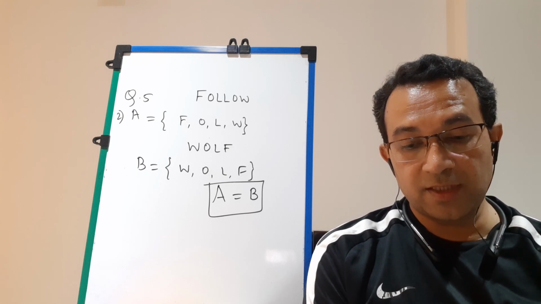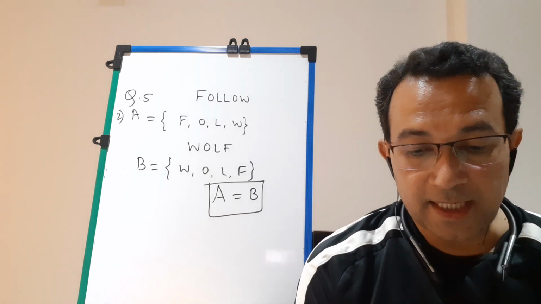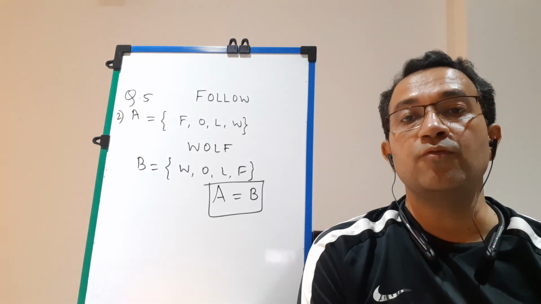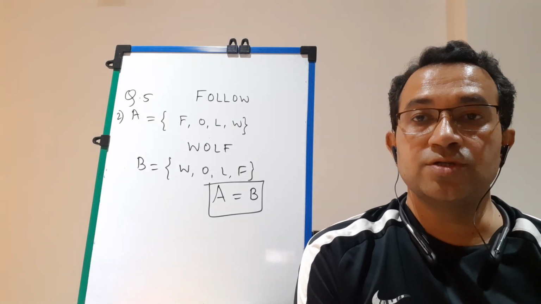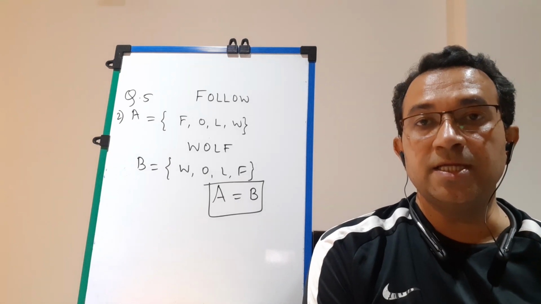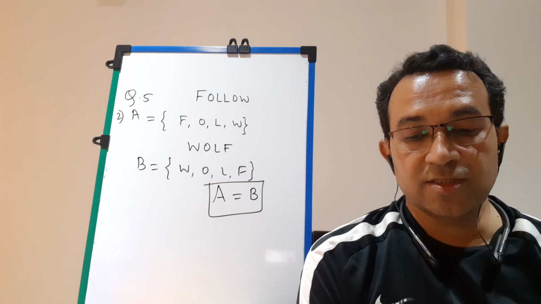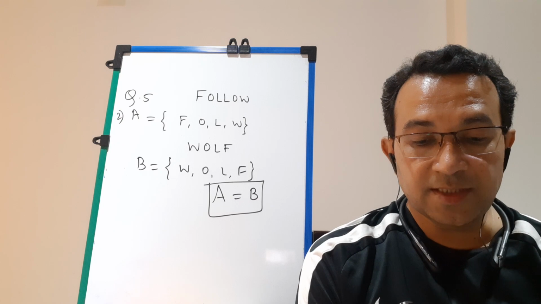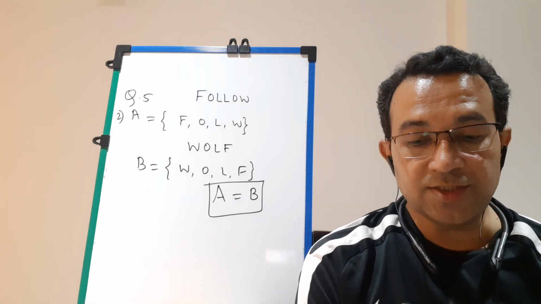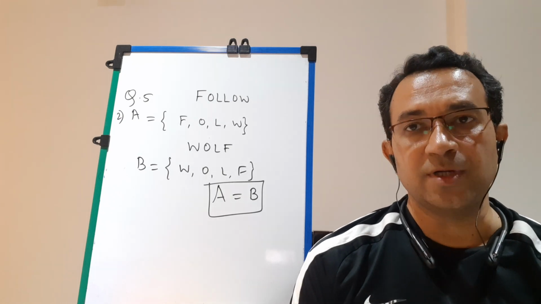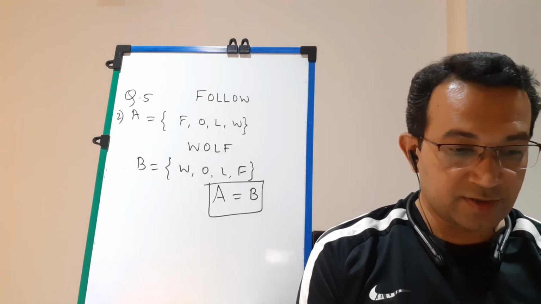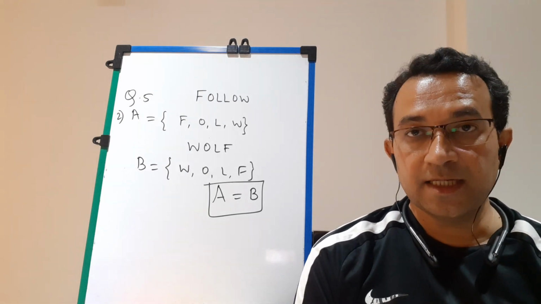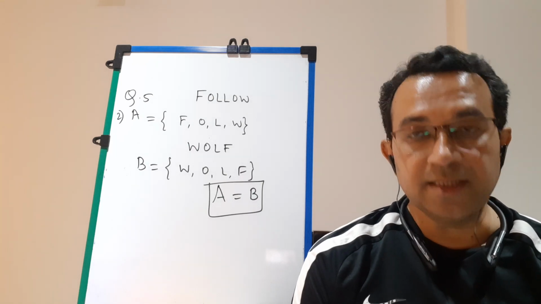Set E is -1, 1. Set F is 0, A. Set G is 1, -1, and set H is 0, 1. Now in the sixth question, students, very easily you can decide that set B and D are equal. So the first pair is B is equal to D, and then the second pair is E is equal to G. Check. Sets E and G are equal, students. Now this is very simple. This type of elementary question, students, you have done. So there are two equal pairs: B is equal to D and E is equal to G.